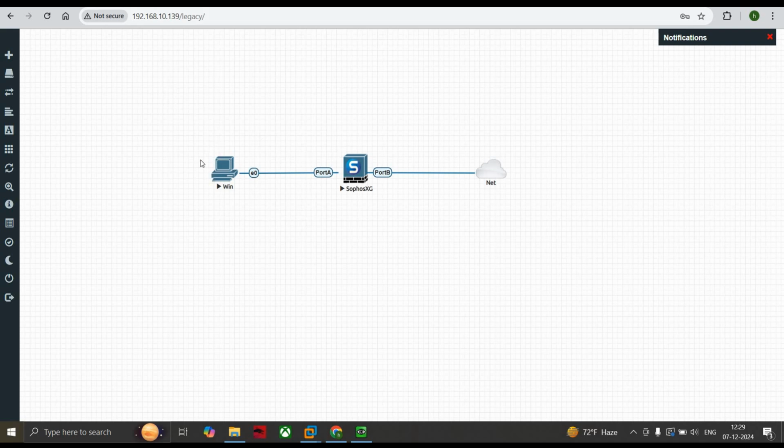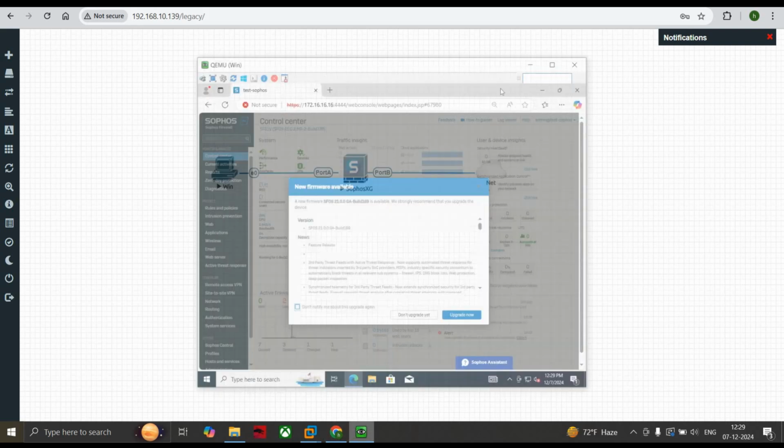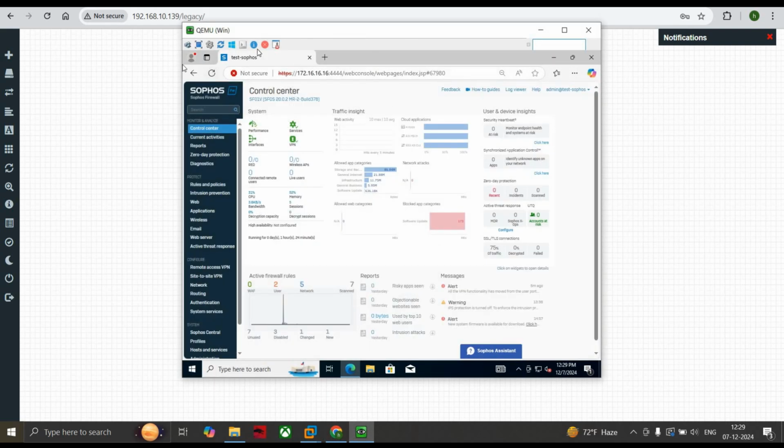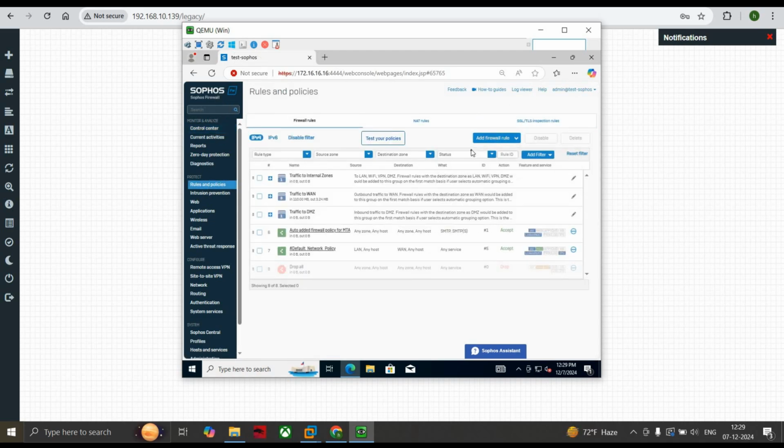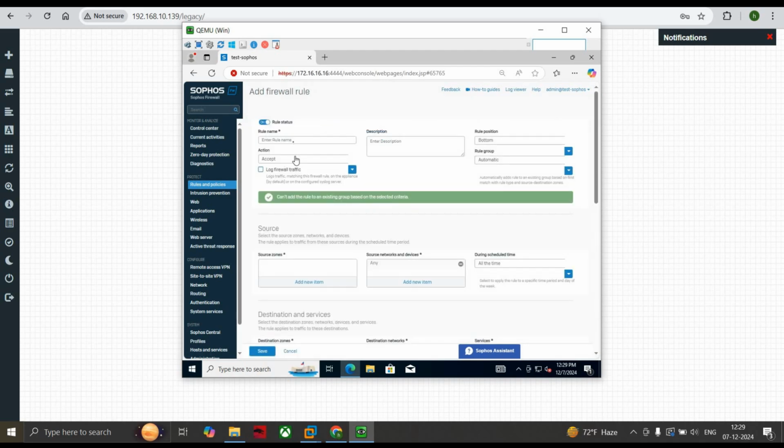So here you can see this is a basic topology where a LAN device is connected to the WAN side, and this is my firewall, the Sophos XGS firewall. Just go to rules and policies and add a new rule. Click on new firewall rule. Now we give a name as MAC filtering policy. Okay, if you want to give a description, give it, make it to the top, accept, log the traffic,